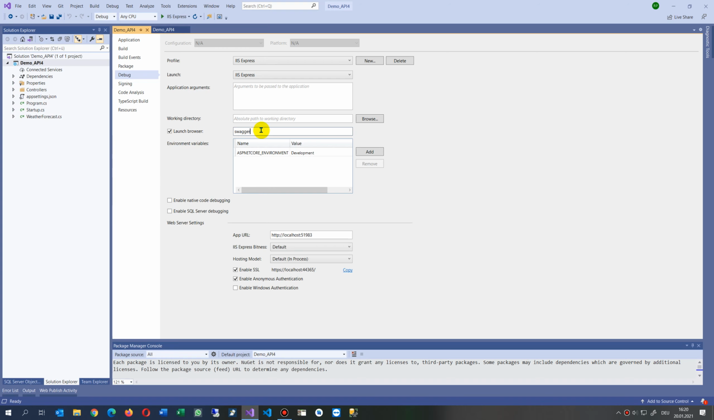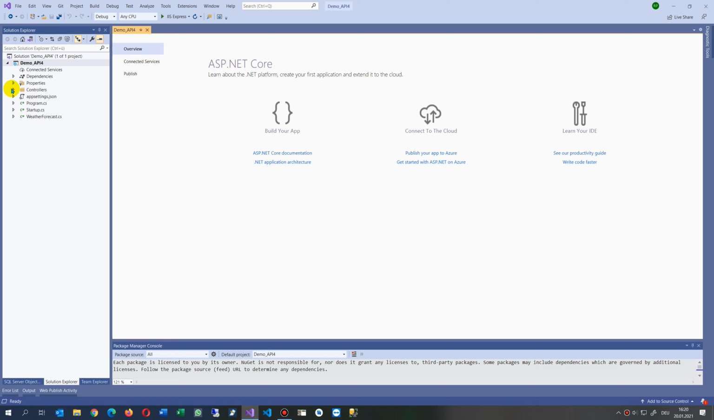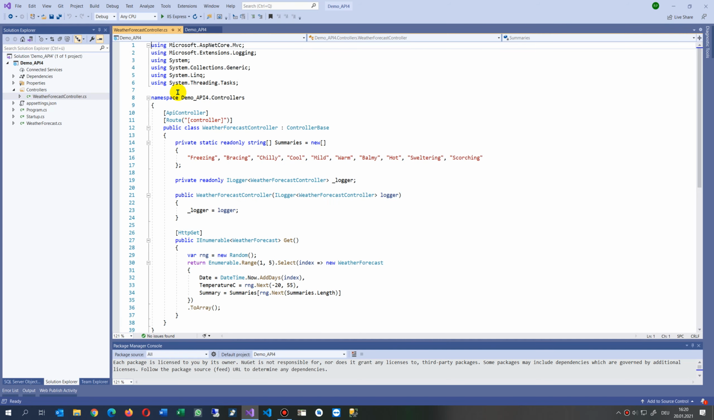So, this shows the API connections, because the API backend only needs the API output, the data output as JSON. So now we have our application. Inside the application, here in the controllers, we have the weather forecast controller. That's our controller, which says, okay, my